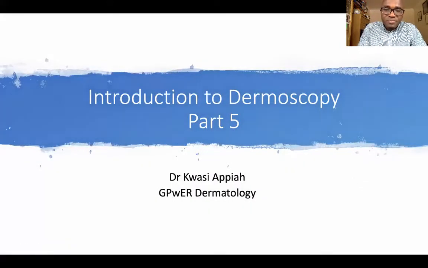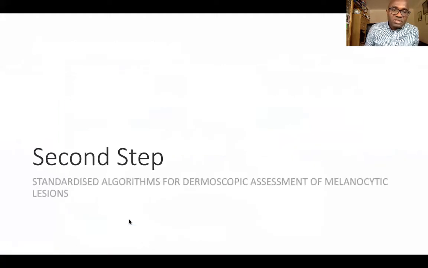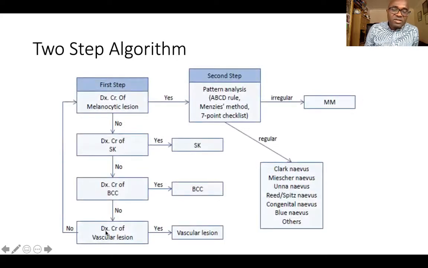dermoscopy. So we have been doing the two-step algorithm in the last couple of videos. We're still on the first step. We've done the differential and diagnostic criteria for melanocytic lesions on dermoscopy. We've done the diagnostic criteria for seborrheic keratosis on dermoscopy, and we've also done the diagnostic criteria of BCCs on dermoscopy. And we also did the diagnostic criteria of vascular lesions on